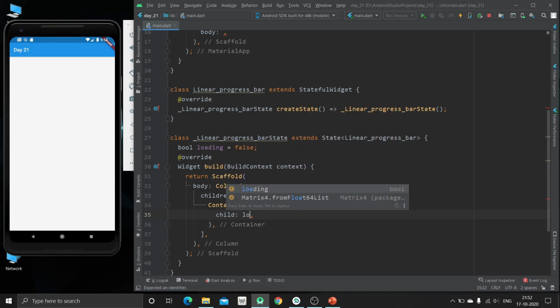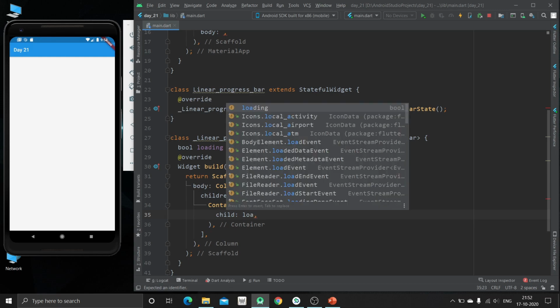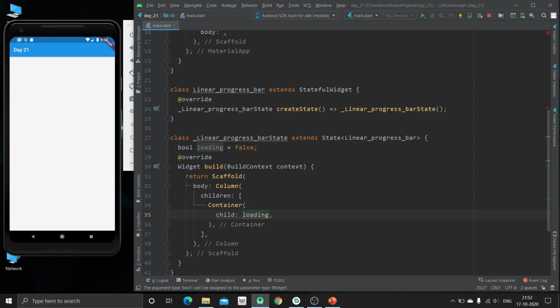Now whenever we want a conditional statement, at that time we can use an if else condition, or we can also use the ternary operation. So here we are going to use ternary operation.